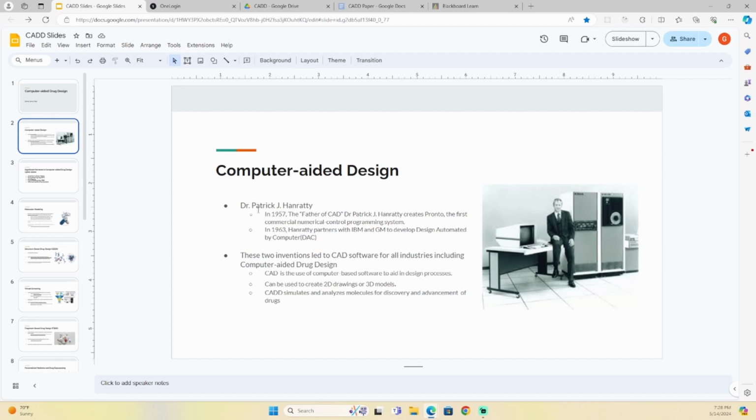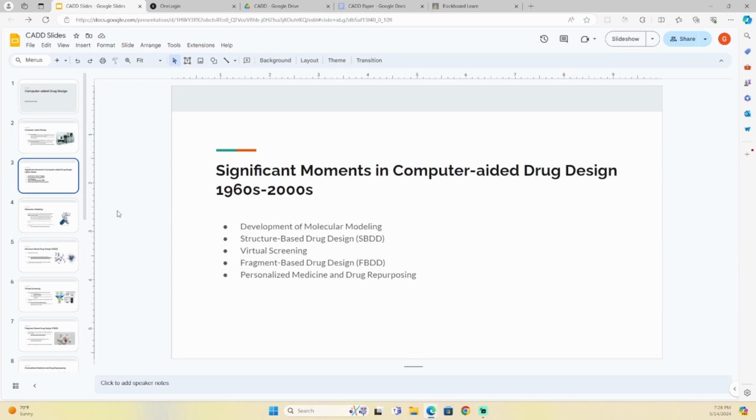CAD is the use of computer-based software to aid in design processes. It can be used to create 2D drawings or 3D models. And computer-aided drug design simulates and analyzes molecules for discovery and advancement of drugs. Computer-aided drug design is a constantly evolving field with many advancements and inventions, but we're going to focus on five significant moments between the 1960s and 2000s for this part of the presentation. That is the development of molecular modeling, structure-based drug design, virtual screening, fragment-based drug design, and personalized medicine and drug